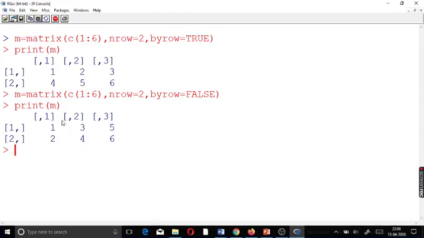Now how is it displaying when you print it? So you have comma 1. It means it is not going to depict the row. This is going to depict the column. So I say first column, second column, third column. And in this case it is 1 comma, with nothing given. Which means it is going to depict a row. So 1 and 2, 2 rows here.